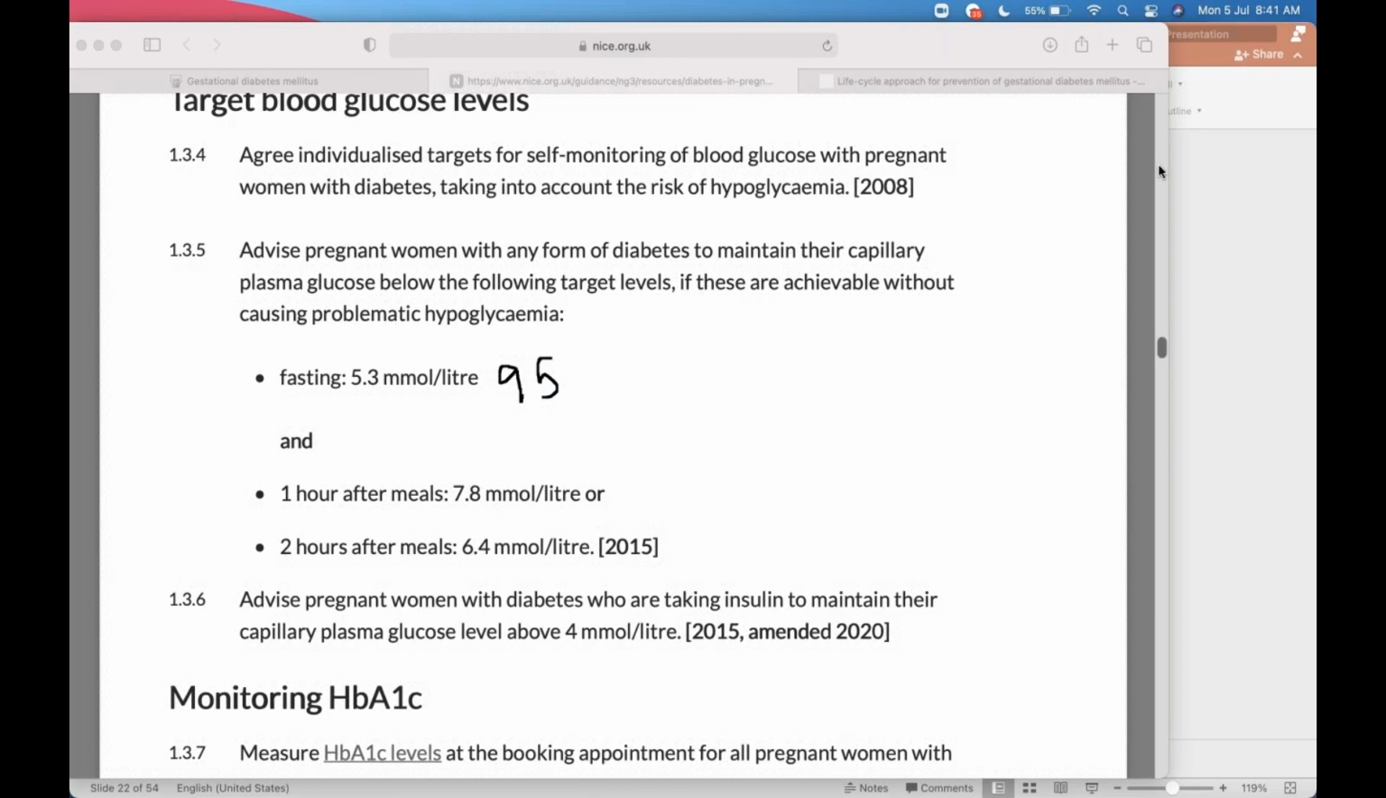What is 7.8? What is our target one? It is 140. Very good. What is 6.4? That is going to be 120. Okay, 140 and 120. Why I want you to remember this is that in millimoles per liter it is 5.3, 7.8